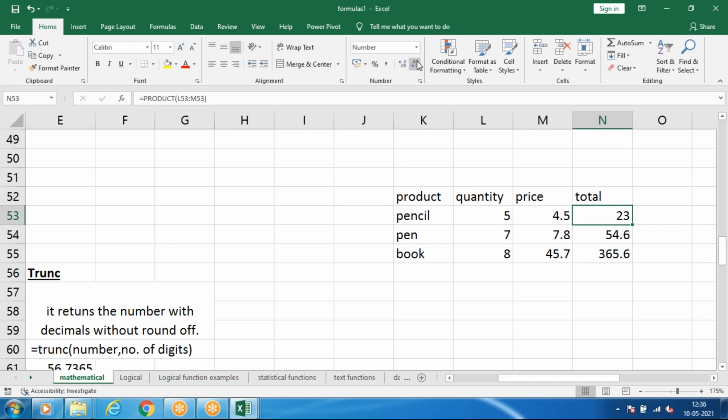And if you want to show more decimal values, you can show like this. So I want to round off this. The final value you can round off. Example, exactly how much it is, because this 50 paise and all I can't collect from the customer. So what you can do?